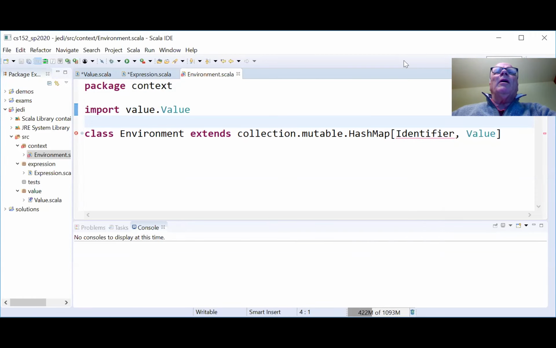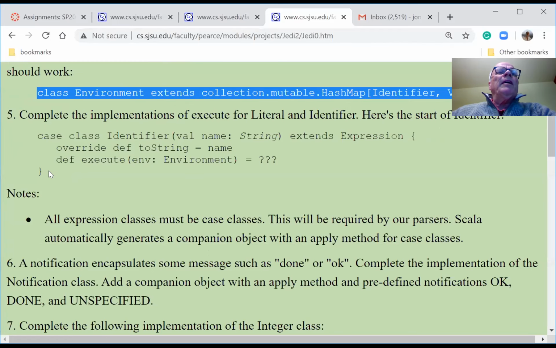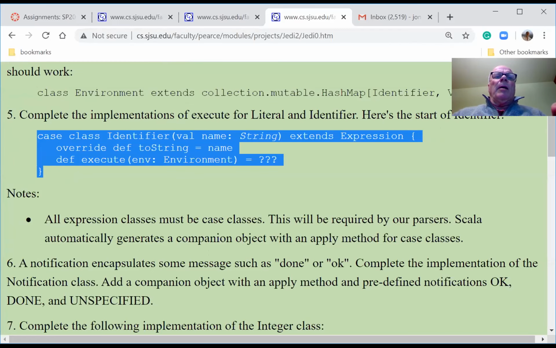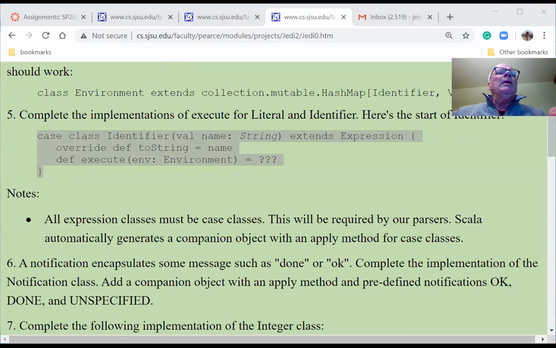So let's look at, I think I gave you identifier here. Here's the identifier class. Copy that, and that lives in the expression package. And again, it doesn't know what's, so let's talk a little bit about identifier.